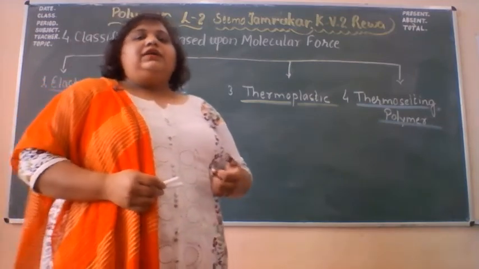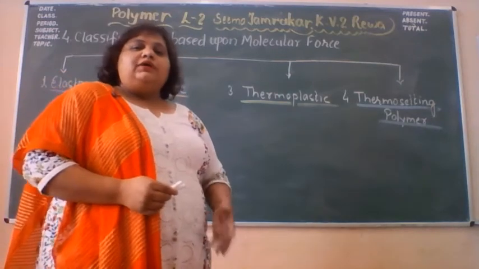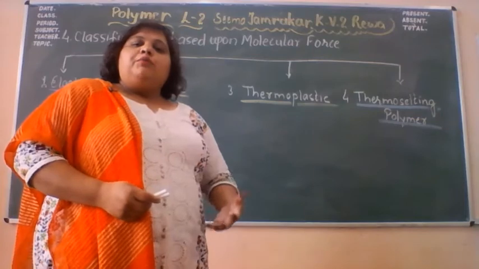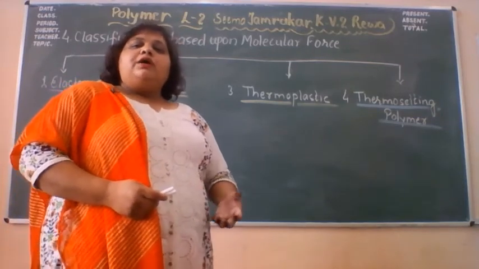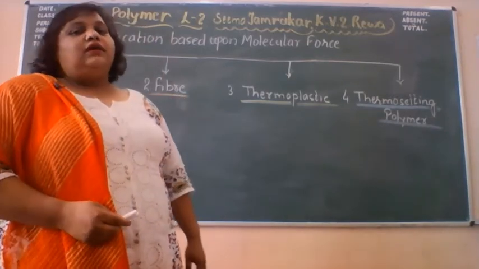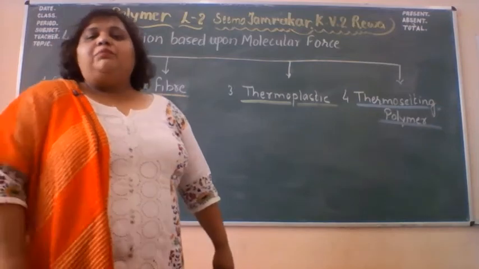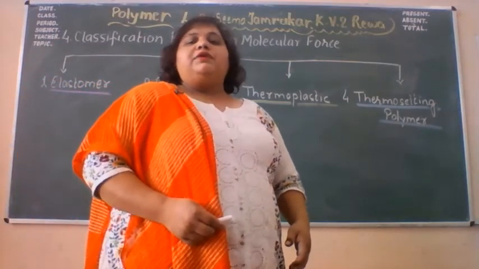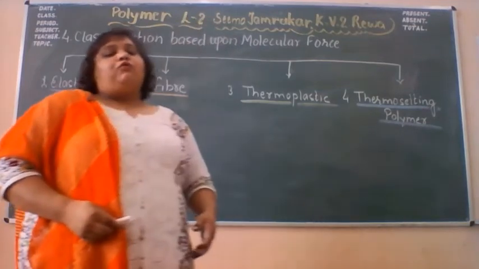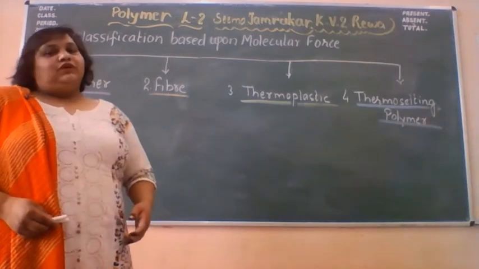Yesterday, in my previous video, we learned what is basically polymer, monomer and polymers, and their definitions. Polymers are macromolecules made up of small units, and these small units are the monomers. Copolymer, if more than one type of monomer unit is present there. Homopolymer, if only one kind of monomer unit is present over there.